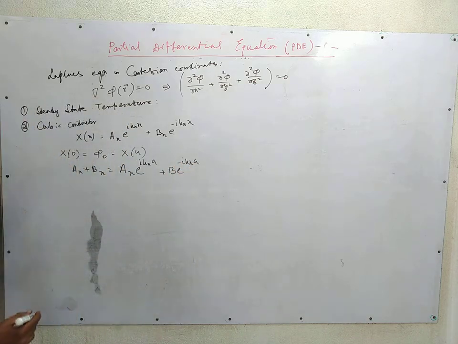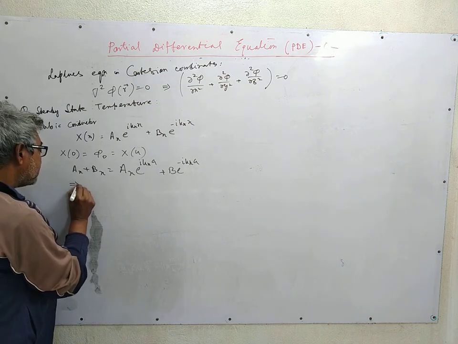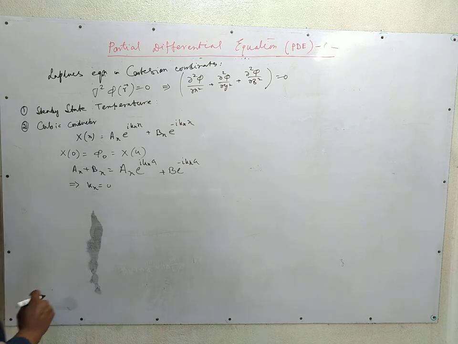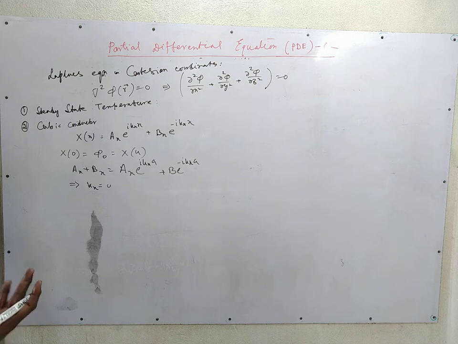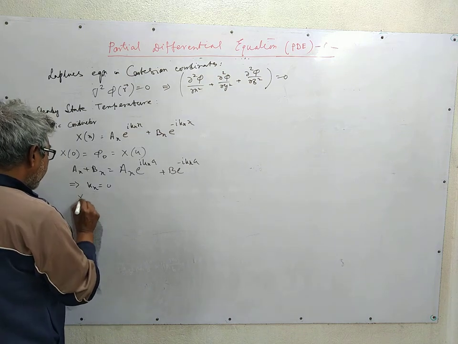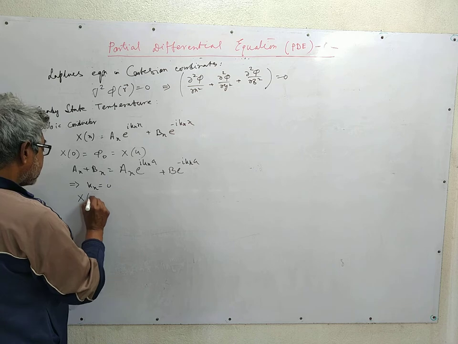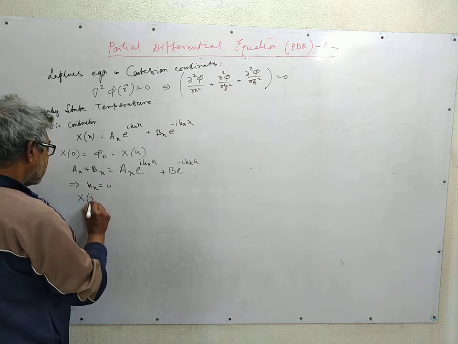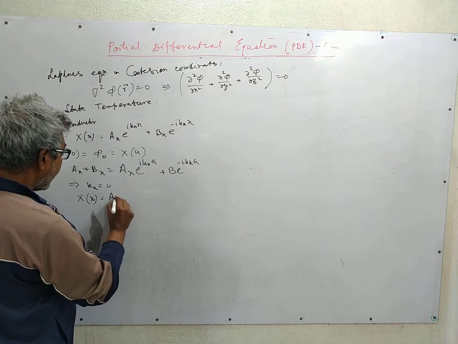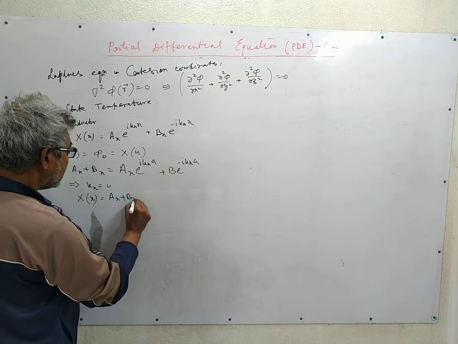If this relation has to hold, the only solution is that kx is equal to 0. So kx is equal to 0. So the solution is a constant. Similarly, the x solution becomes, with kx is 0, ax plus bx,